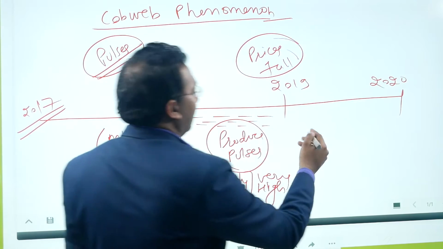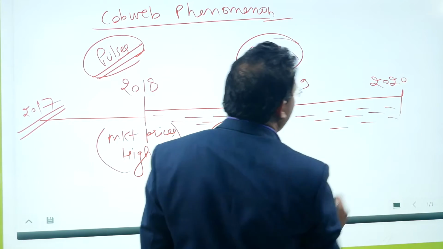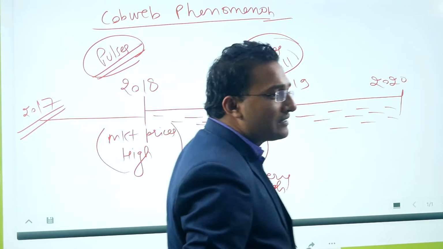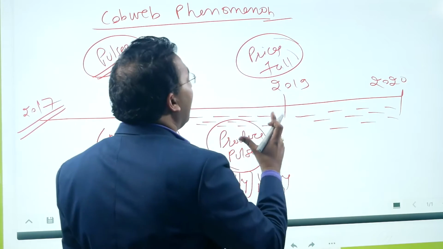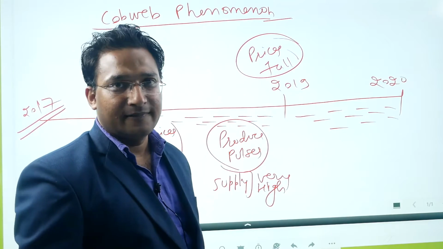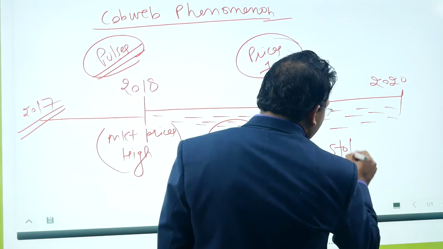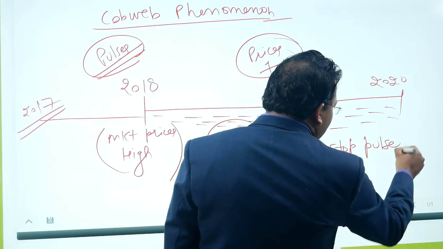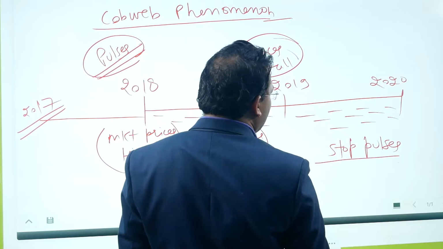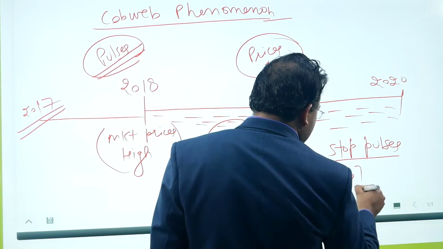Now, for the next year, when farmers are taking the decision about which crop to cultivate in the next year, they see that prices are falling as far as pulses are concerned. They start thinking that okay, now let us stop producing the pulses. Let us focus on the other crops. So they stop the cultivation of pulses, and by the end of 2020, the prices of the pulses again increase.